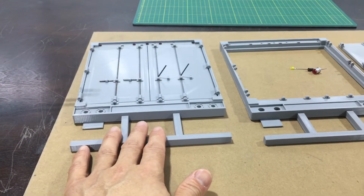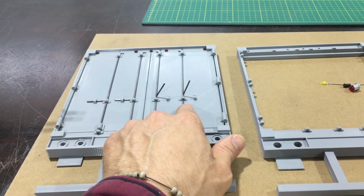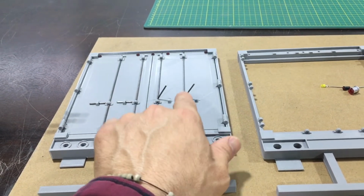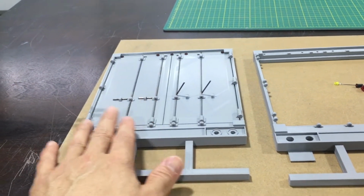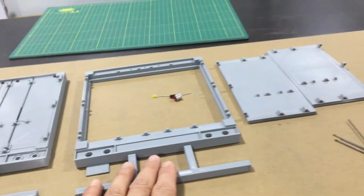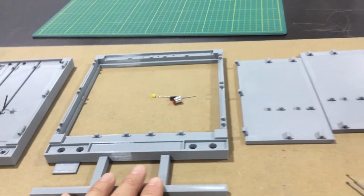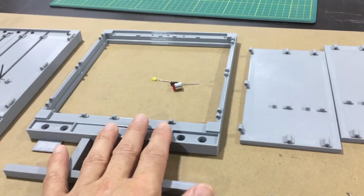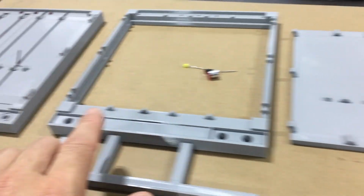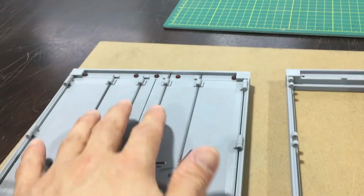Hopefully this helps answer a lot of questions, but I do want to show you guys how to remove the handles here, because it's more than likely you're going to want to paint this entire setup, the doors, like I've done on mine. Of course, you're not going to get it like I've done mine, but hopefully those build series videos give you some ideas. But this is how you're going to receive it. I've got this old version here that I just want to show you. I'm going to use this as an example to kind of show you how I